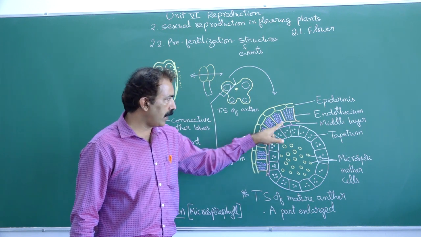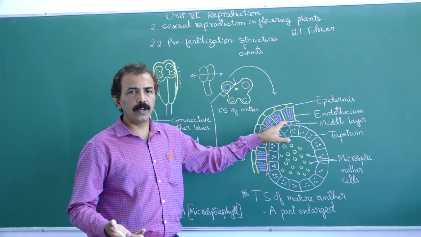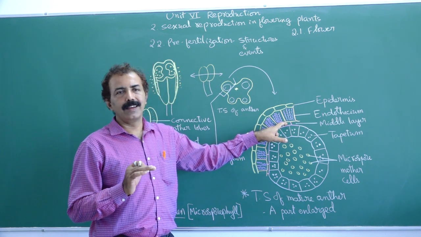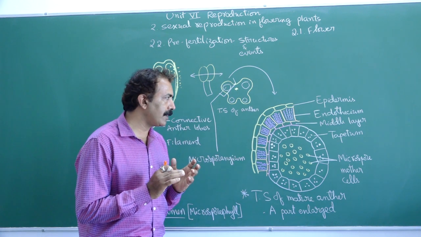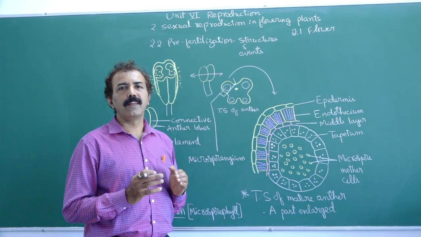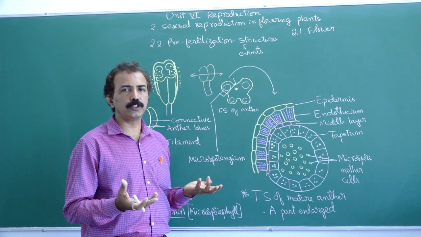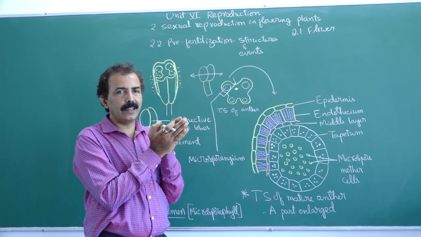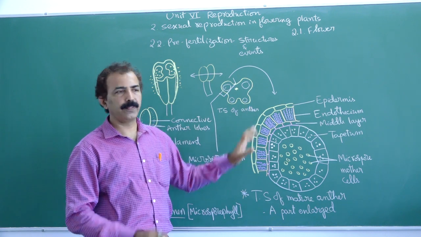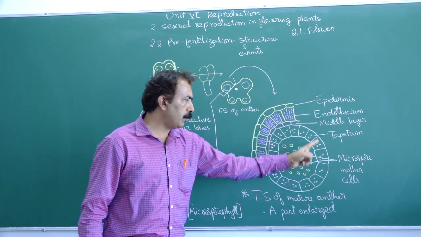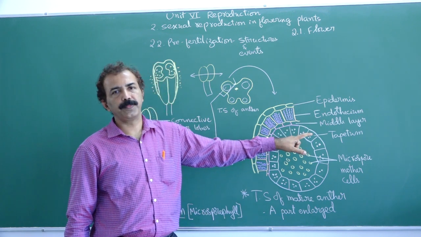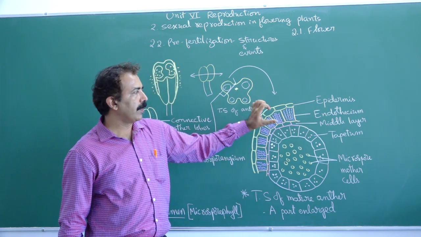There is one more cell layer. This can be one layer, sometimes two layers. We call it by the name middle layer. Because it does not show any speciality, we assume that it has no specific function. Middle layer is simply a cushion-like cell layer in the anther. It is followed by the innermost cell layer. We call it tapetum. This tapetum has